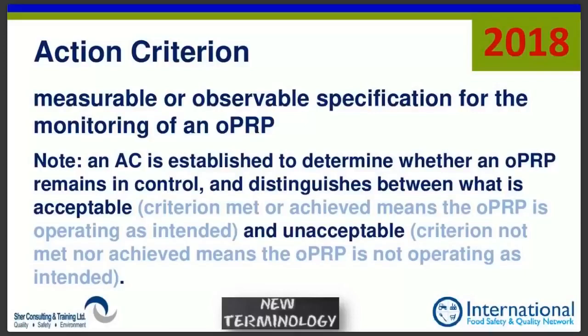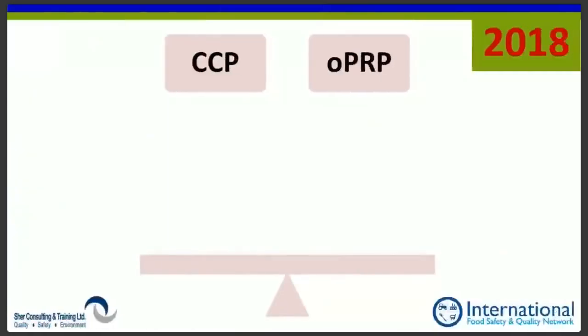So, Taro Ora is asking, storage temperature of finished products is CCP or OPRP? Storage temperature would be an OPRP because it's not a step in the process. If somebody calls it a CCP, they're a champion. It makes no difference. And the good news is, as long as we identify a control measure, it doesn't matter what name we give it. It hardly matters what name we give it. We're going to go further deep into the standard and see that there are places where there are clear differences between CCPs and OPRPs. I don't like any of them, but they're in the standard. So let's go on and see what that means.